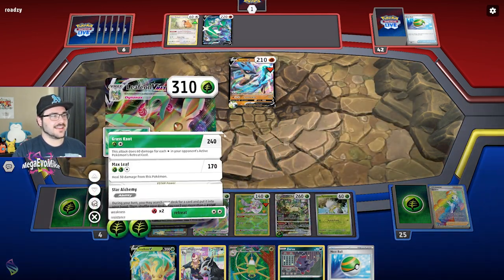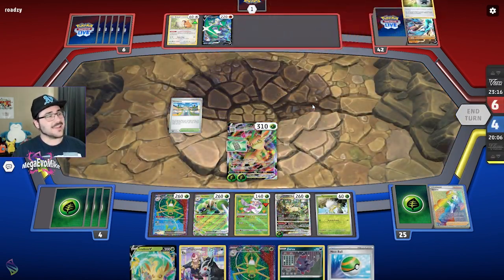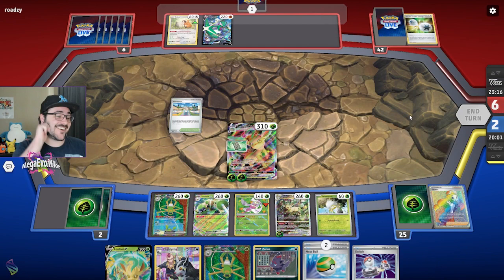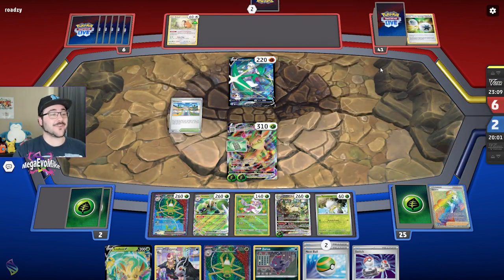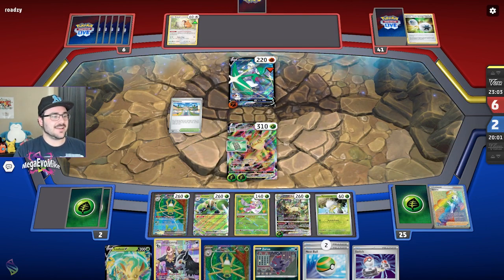And then smack him again for 240, man. That Lucario VSTAR isn't coming out, bro. I know you want it to come out, but I'm just not going to let it happen. Oh my gosh, this is so cracked, guys. And we have Spidops EX. We're swinging for 300 next turn. And even if he does ever swing into me, we just...